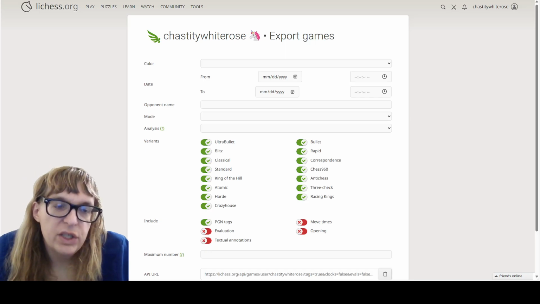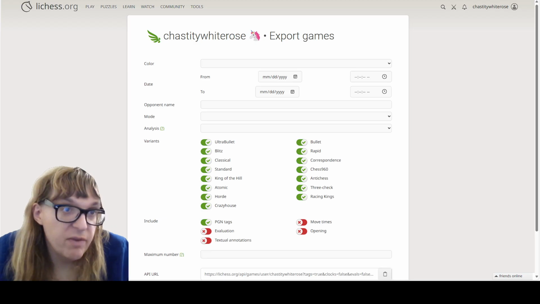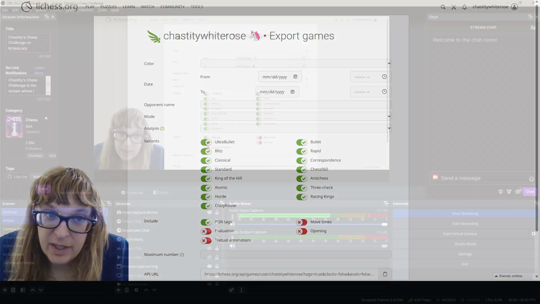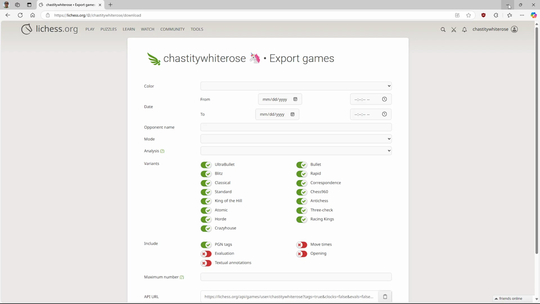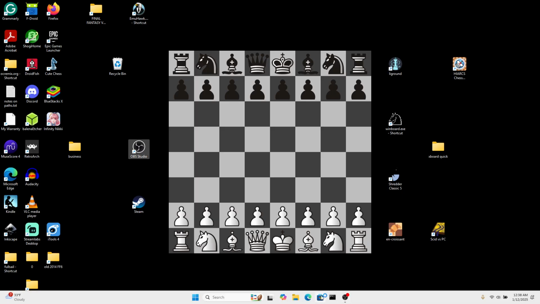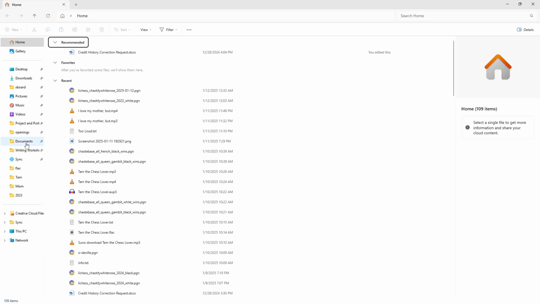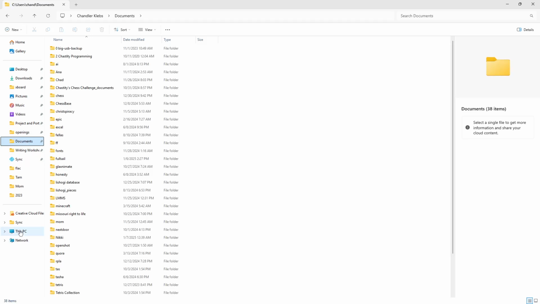But first I need to switch to desktop mode, desktop scene, so you'll see everything that's on my computer screen. Okay, there we go. I'm going to close the web browser right now because I'm going to be showing you some files that I already downloaded. Okay, we're going to go to